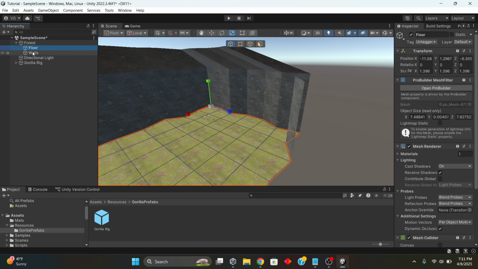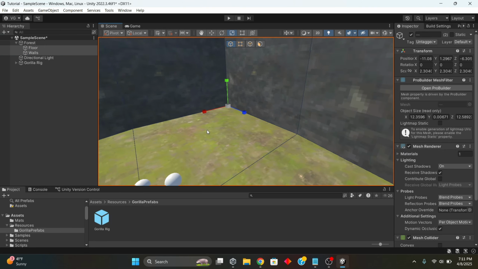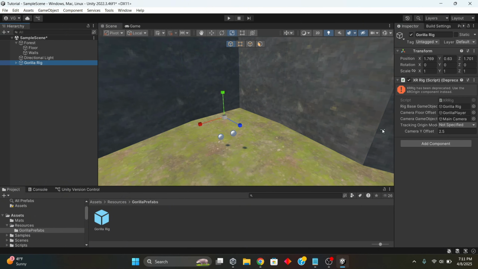So yeah, you're going to want to go to floors and walls and make it bigger. Now I think that's an okay size map. It's probably still way too small, but it's alright. So now you have your Gorilla Rig, and now if you click on your Gorilla Rig, you're going to see